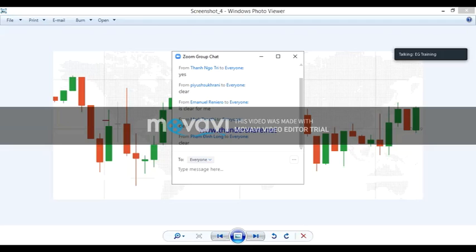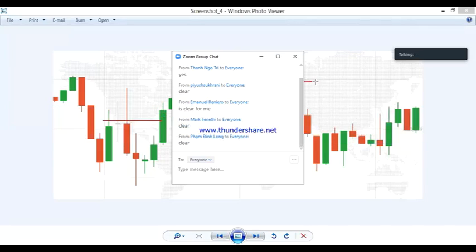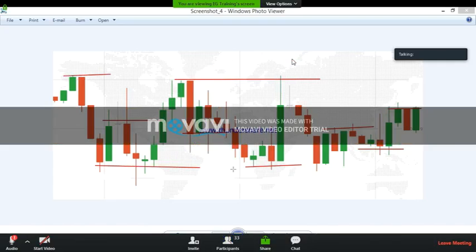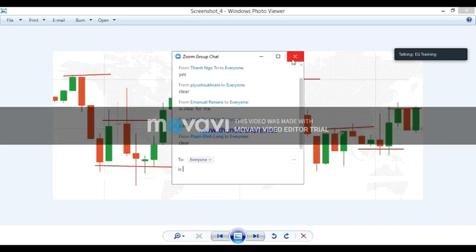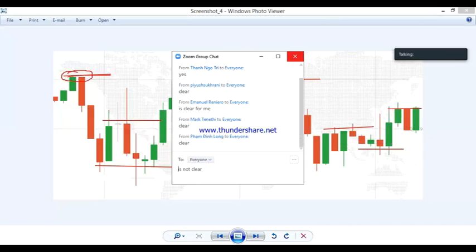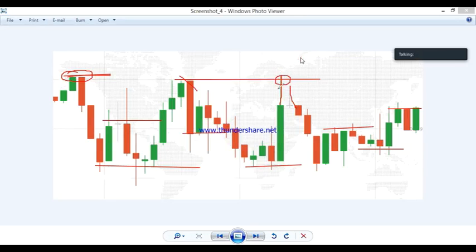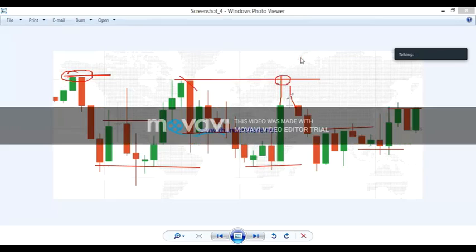So there is a level, but it reversed in the middle of the trend. If you observe this market, at a reversal point the market reversed without touching this level. Again, it closed below the level with rejection. Again, it rejected without closing here. It reversed directly. So we can't trade.